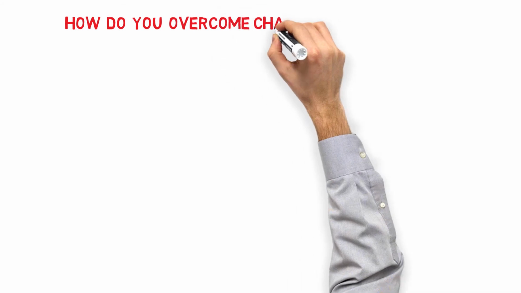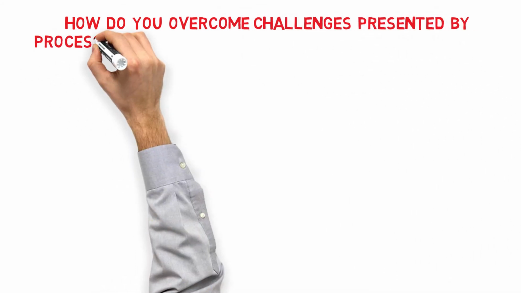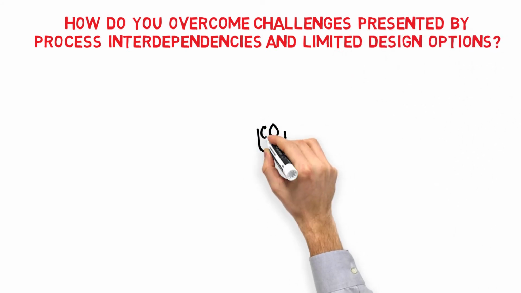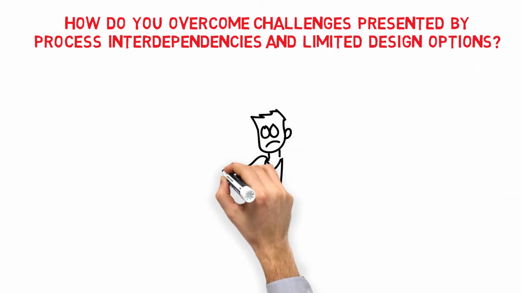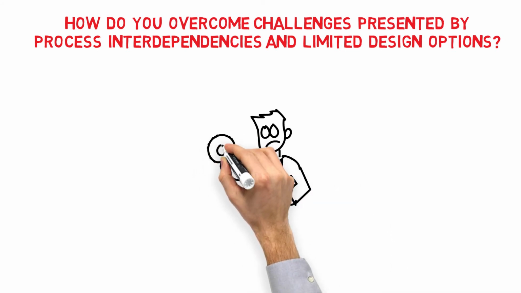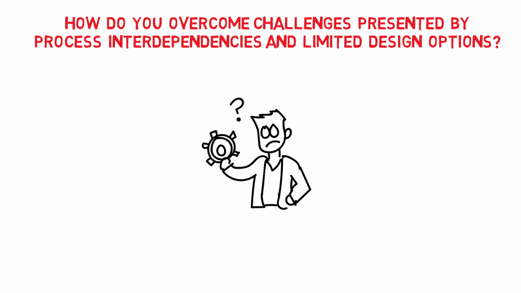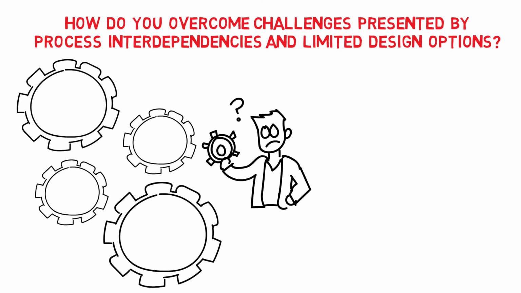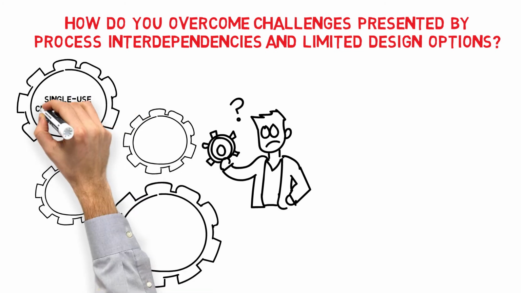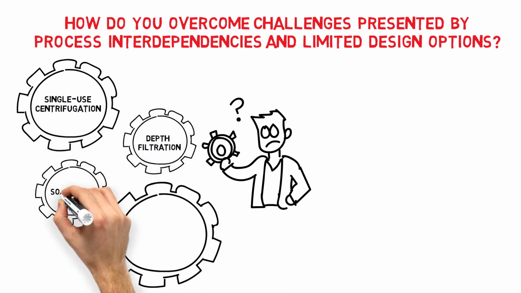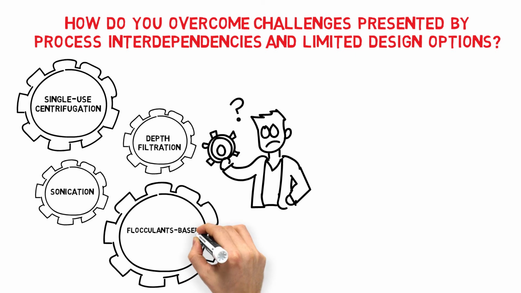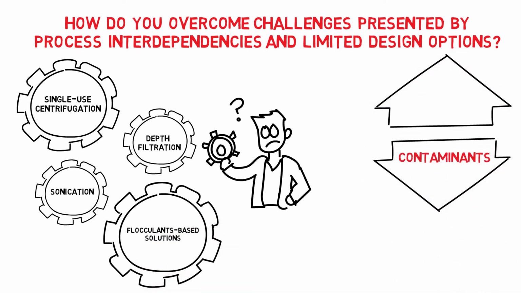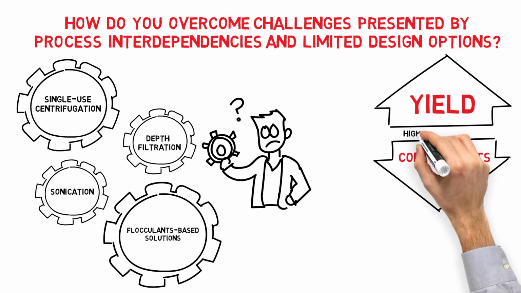So, how do you overcome challenges presented by process interdependencies and limited design options? You build it on newer technologies capable of facilitating robust integration of multiple steps to simplify downstream processing. Giving yourself the flexibility of implementing newer technologies opens up options such as single-use centrifugation, depth filtration, sonication, and flocculants-based solutions, which may maximize the reduction of the contaminants and help to generate higher yield during the harvest and clarification